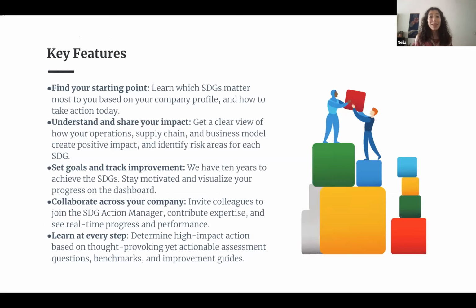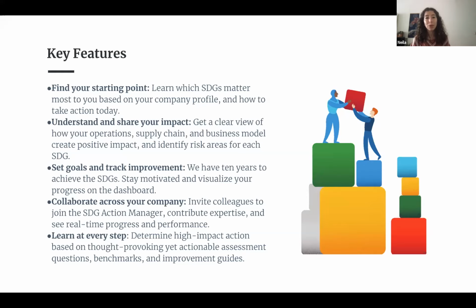In terms of key features on the tool itself, well, you can indeed start to learn more about the SDGs when you start registering on the tool. You create your profile and then you access the tool. You will have to first fill in what we call the baseline, which is a first module that helps you to understand really the mindset in which you can contribute to the SDGs, and is in short an introduction of around 30 questions, depending on the company profile.